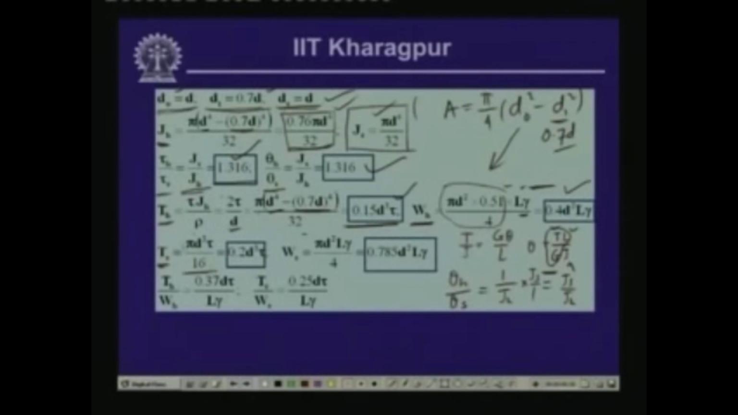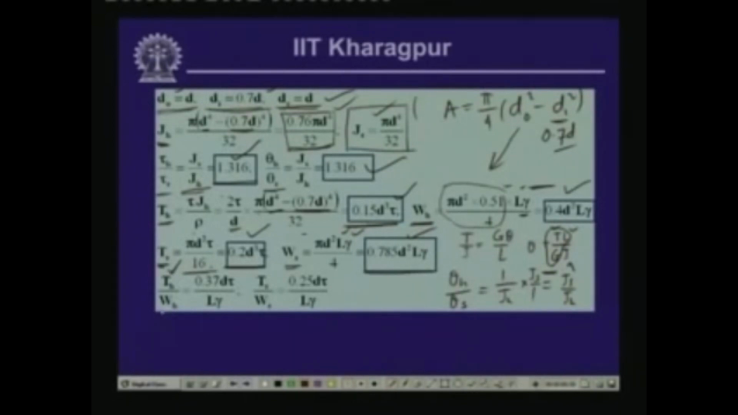From that we get pi d cube tau by 16, which is equal to 0.2 d cube tau, and the weight of the solid shaft is pi d square by 4, the cross-sectional area, times length times unit weight, which comes as 0.785 d square L gamma. Now, if we take the ratios, T_H to W_H, that means the twisting moment that can be carried by the